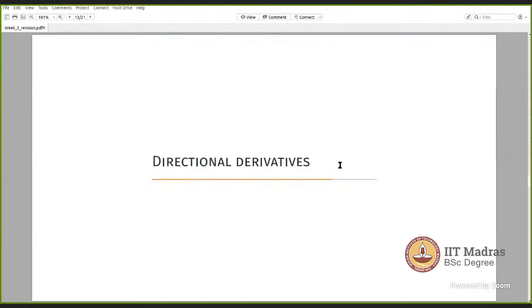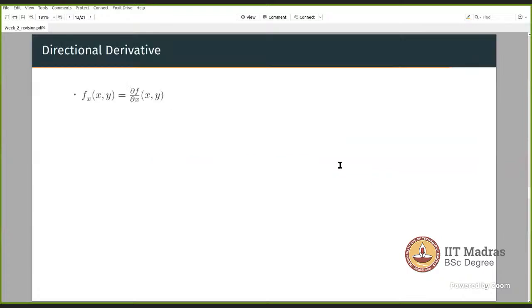Now, one more very important topic that is a part of week 2 is directional derivatives. You might get questions on this topic as well. I think there were questions in the mock on directional derivatives. Now, what exactly is this? We talked about the gradient, which is a vector of partial derivatives. So let's say the function f is a function of x and y, 2 variables. What we compute is dou f by dou x and dou f by dou y.